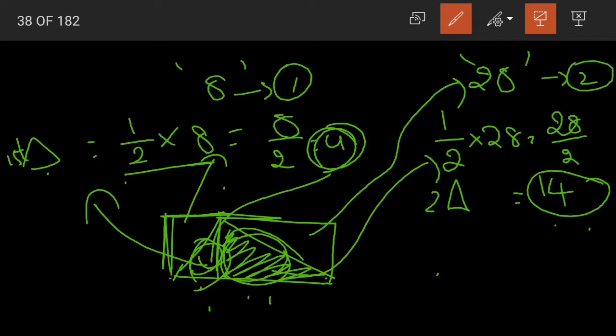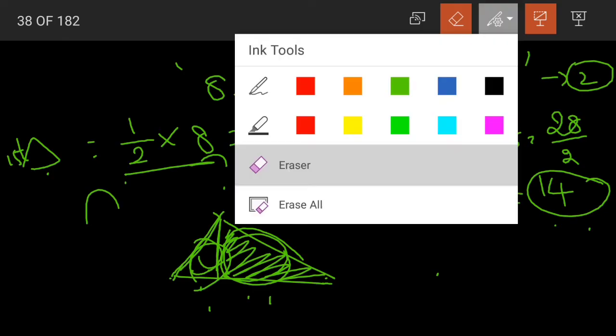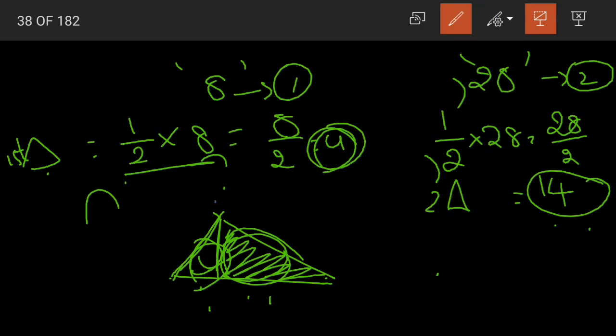Now what is the total area of our triangle ABC? See, these triangles are not required now. To find out the area of our triangle ABC, what should we do? By the diagram itself we can say that we have to add both the areas of the triangles. What should we do, children? We should add the areas of both the triangles.